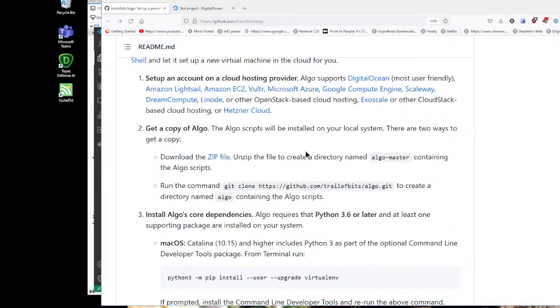So, alright, we're going to run the command git clone to create a directory named Algo containing the Algo scripts. So I'll probably have a subdirectory of Algo also called Algo. I don't care. That's fine. So here we go. Well, that's not fine. I don't want to do that. So I think what I'll do is